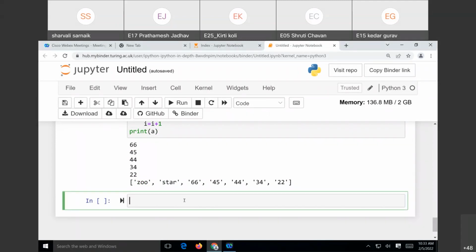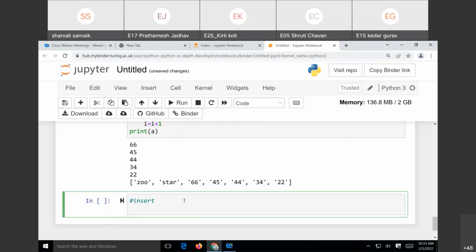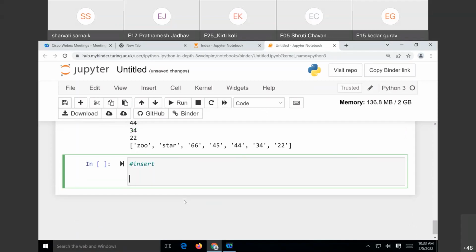Now the next function we are going to see is the insert function. What does the insert function do? It will help you insert an element at a specific position. In the append function, the element was inserted at the last of the list. But here in the insert function, we can add the element at the specified position. Wherever we want the element to be added, we can add that element. So let me take one list as subject is equal to